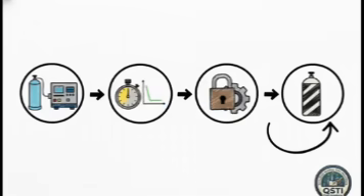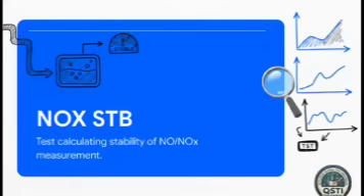1. Introduce the zero gas to the sample port at the back of the analyzer. 2. Wait for the stability reading to drop. 3. Lock in the zero concentration. And 4. Introduce the span gas and literally just repeat that identical process. That's the whole shebang. The entire pacing of this crucial step really relies on one highly specific metric, and that's